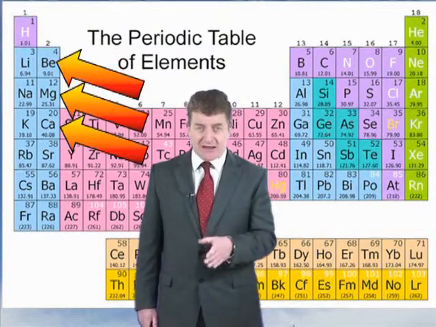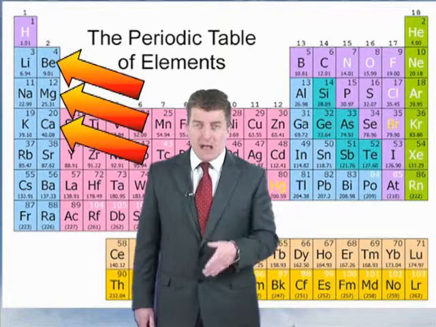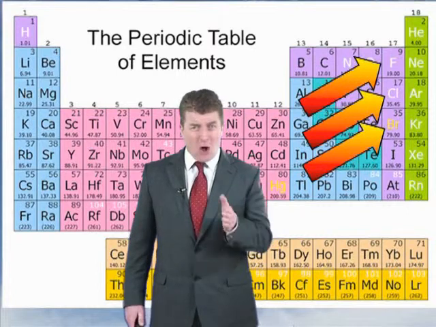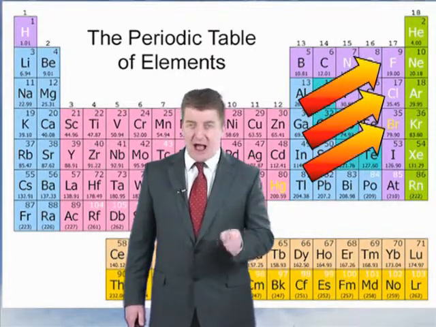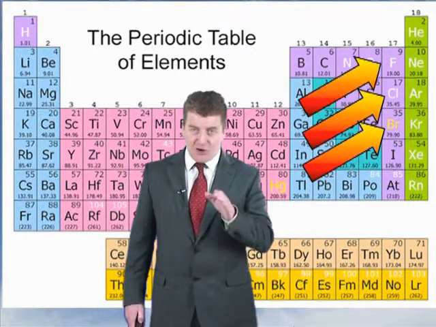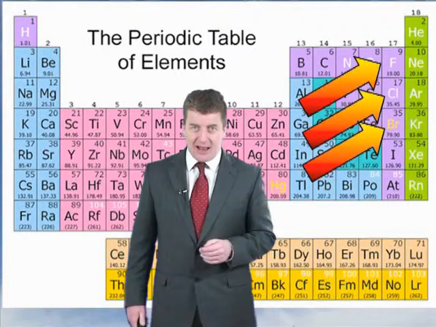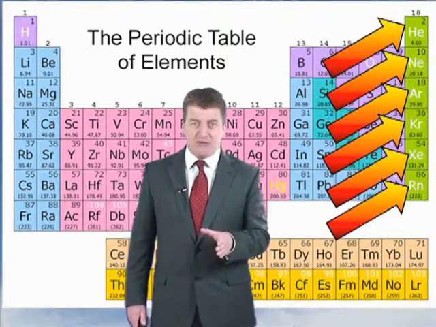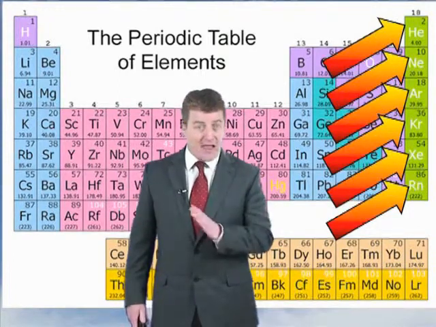Elements in group 2 are reactive, but they're not as reactive as group 1 because they've got two electrons in the outer shell and find it harder to lose them both. Now, non-metals have an almost full outer shell and therefore are also reactive. Group 7 elements are the most reactive of the non-metals, as you can see there. Don't forget we said the noble gases are extremely unreactive due to having a full outer shell. They are completely full.